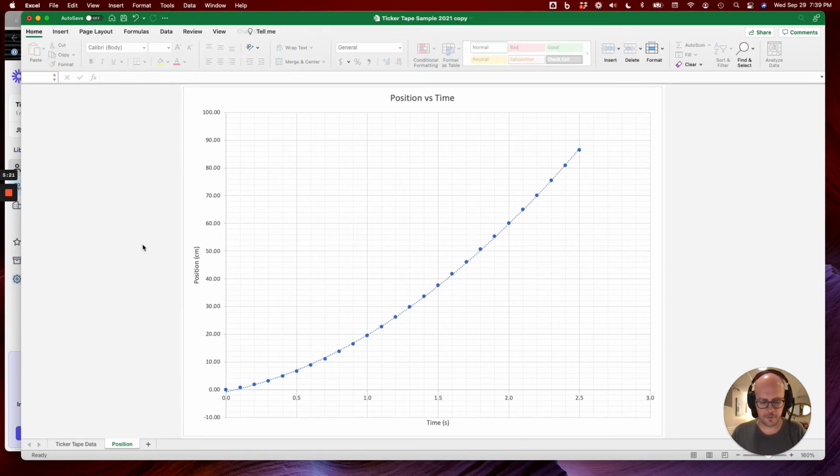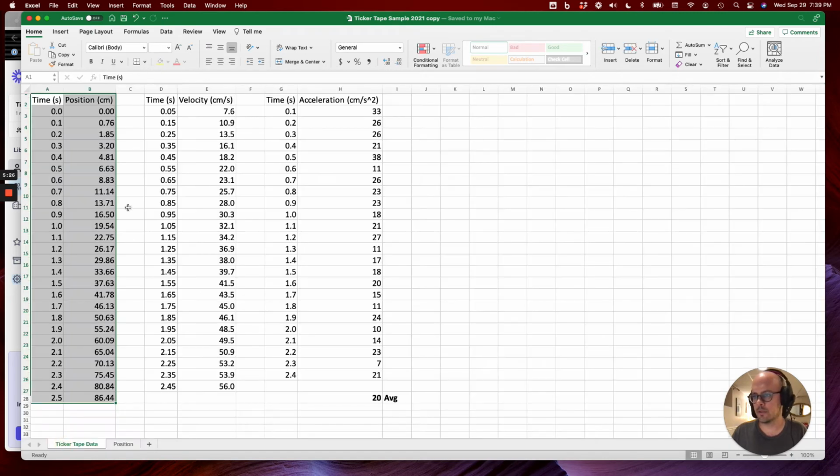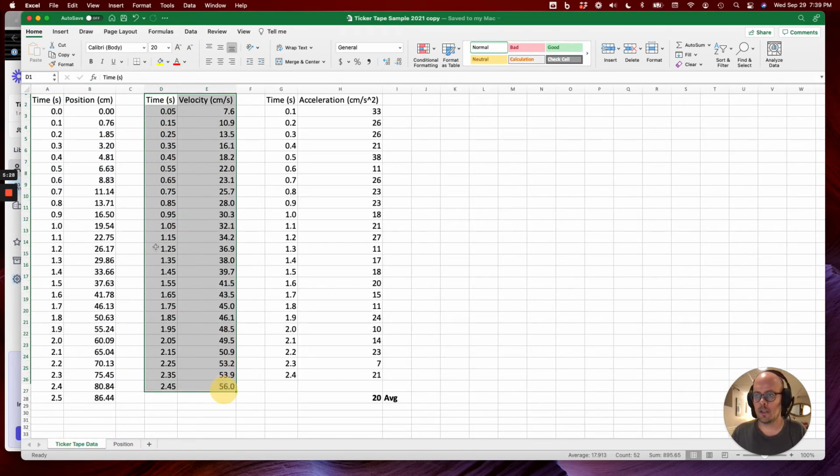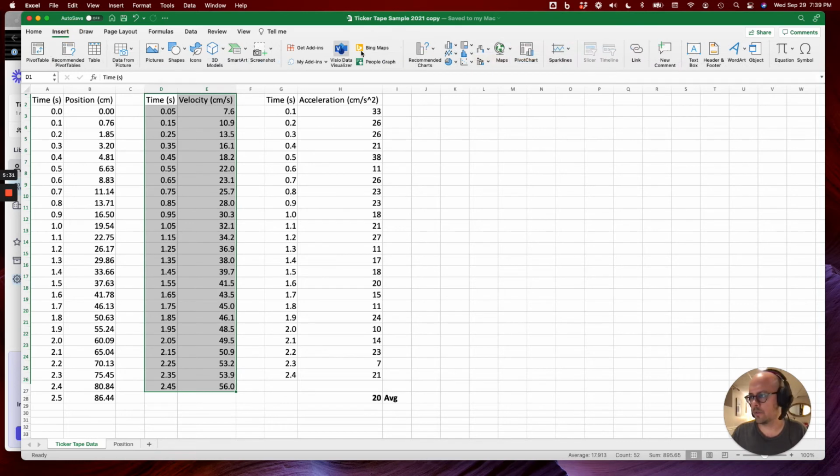So your graph of position versus time is done, and you can then go back and do the exact same thing for velocity. I'm just going to start doing it, and I'll end the video when I'm done talking about